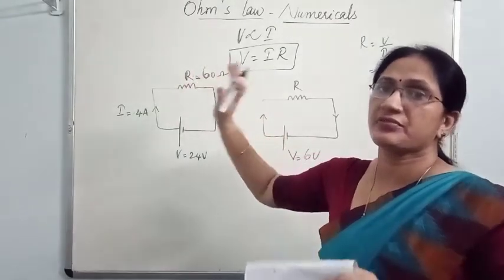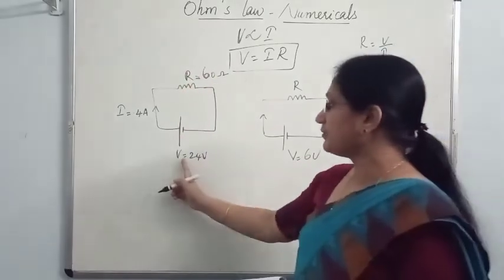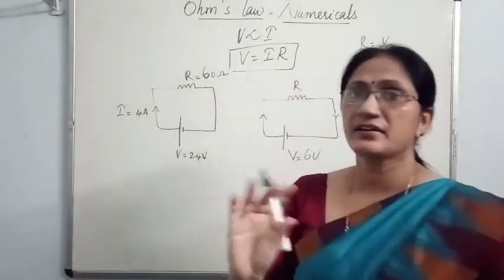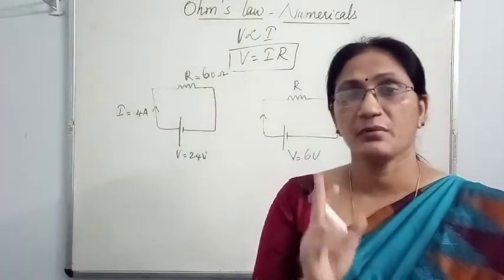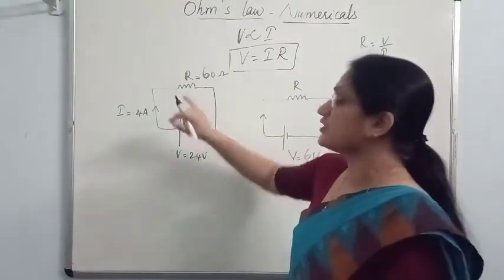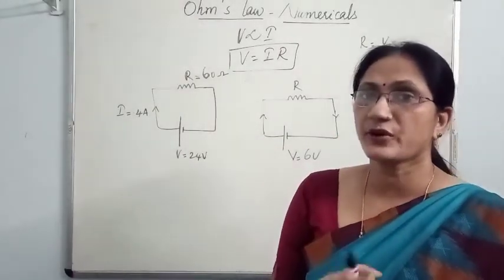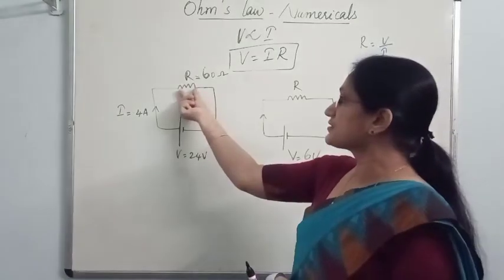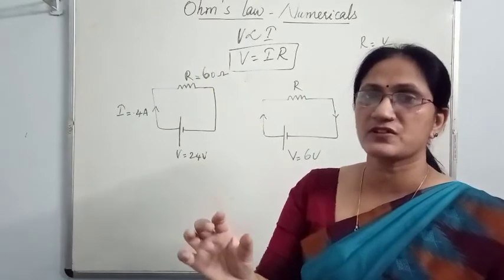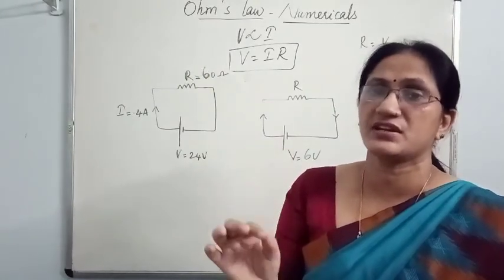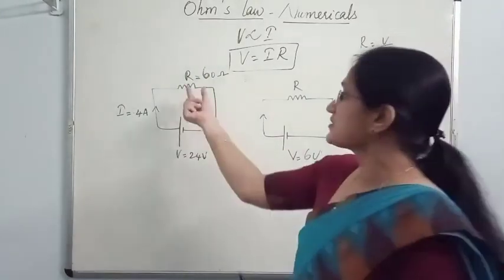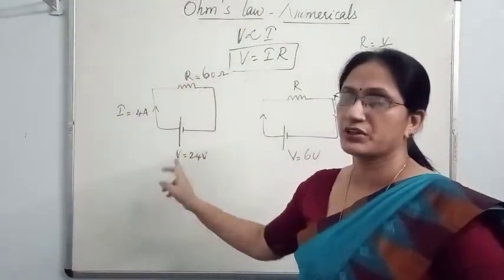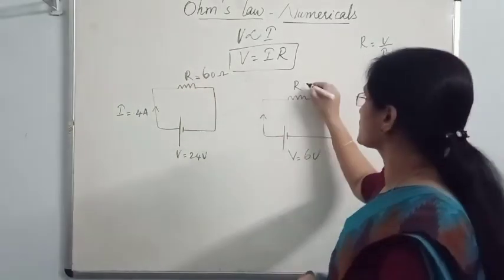Its resistance is a fixed value. According to the voltage or the potential difference or current, resistance is not going to change. Remember, it is an important point, a resistor remains constant as long as its physical conditions are not changed. Means as long as its length, thickness, temperature or material remains constant, its resistance is a fixed value. It doesn't vary with the current or potential difference. So same resistor 60 ohm.